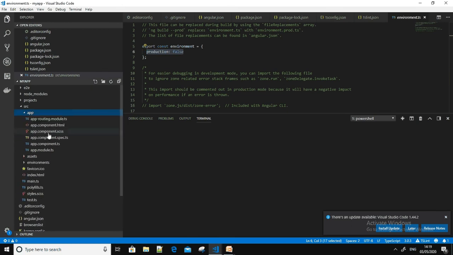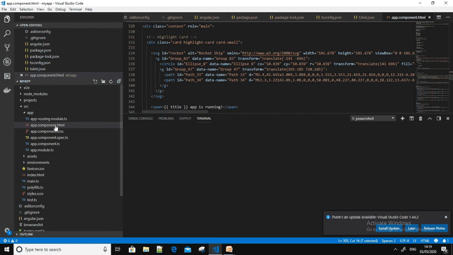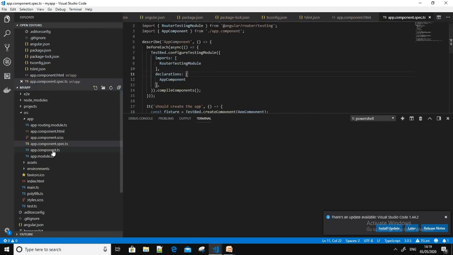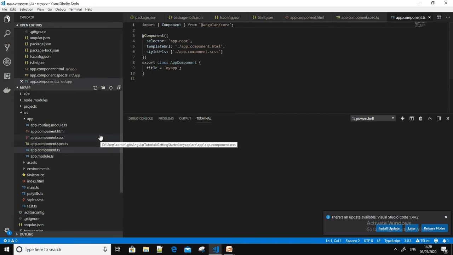Inside the app folder, first we have created an app component. This is the first component, and it has the HTML file, its CSS file, its test file spec.ts, and then the app.component.ts file which is specific to this component.